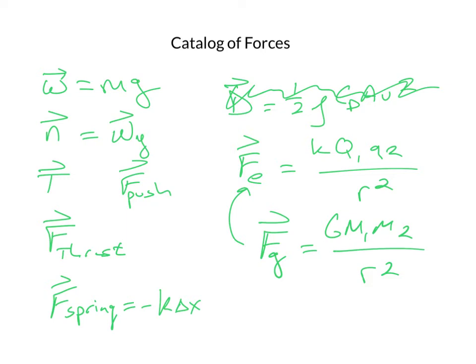And G and K, I should have capitalized this actually, G and K are constants. G is Newton's gravitational constant. That's, of course, 6.67 times 10 to the negative 11th newton meter squared per kilogram squared. No, I don't have that written down. K is Coulomb's constant, 8.99 times 10 to the 9th newton meter squared per coulomb squared. So they're just two constants. And then there was one other big category of stuff that we talked about,